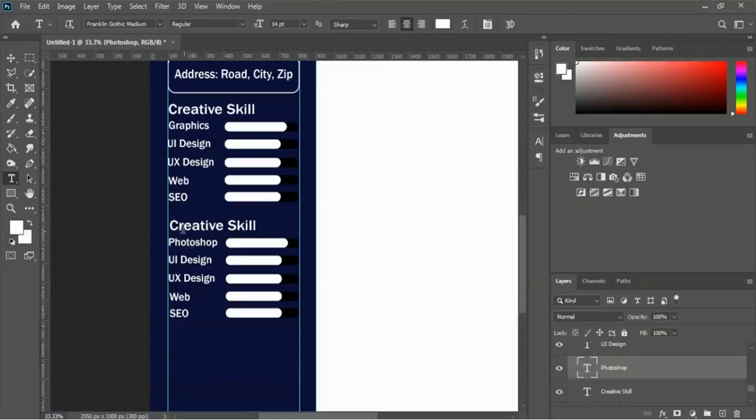So we have to rename these things. We have to write software skill. So we have to select this creative skill text layer, and then using the type tool we have to change the name from here. So let's write software skill. Okay, so here's the tick mark. So here is the Photoshop